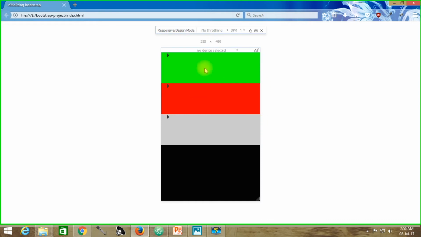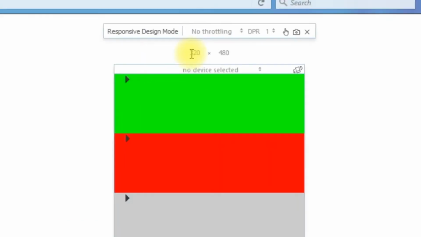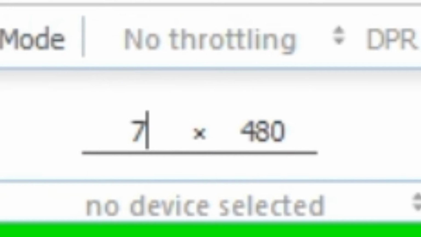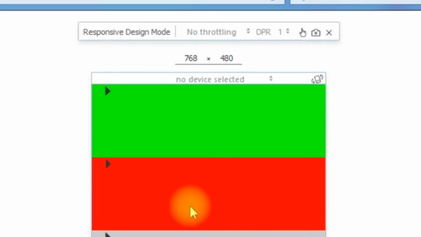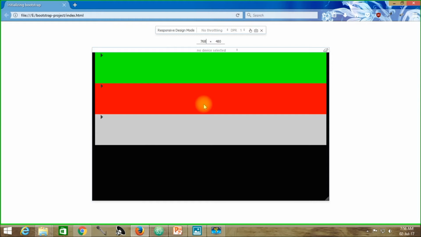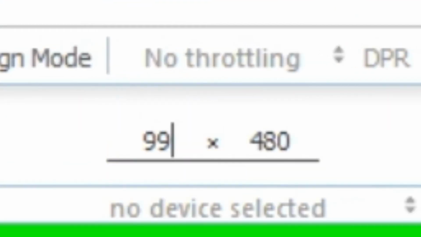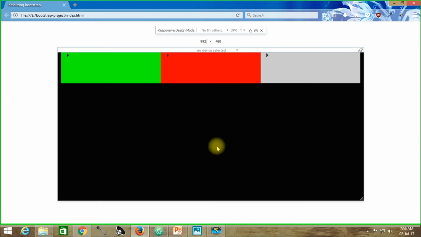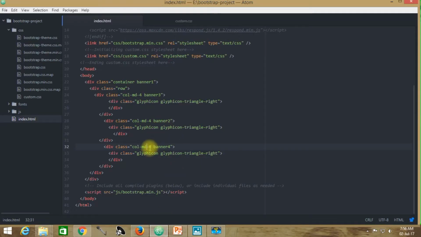But if you are now entering into mobile display, then you may see that again the components are coming down vertically on each other. And now if you just check it again with 768 pixels, still you may see that those are coming vertically. Now change this value to 992 pixels. Now you see that in this case all of these things are now placing themselves horizontally, and you may see a horizontal preview of this. So if you want to keep them horizontal under this medium width display, then all you need to do is call here the class name as col-md.